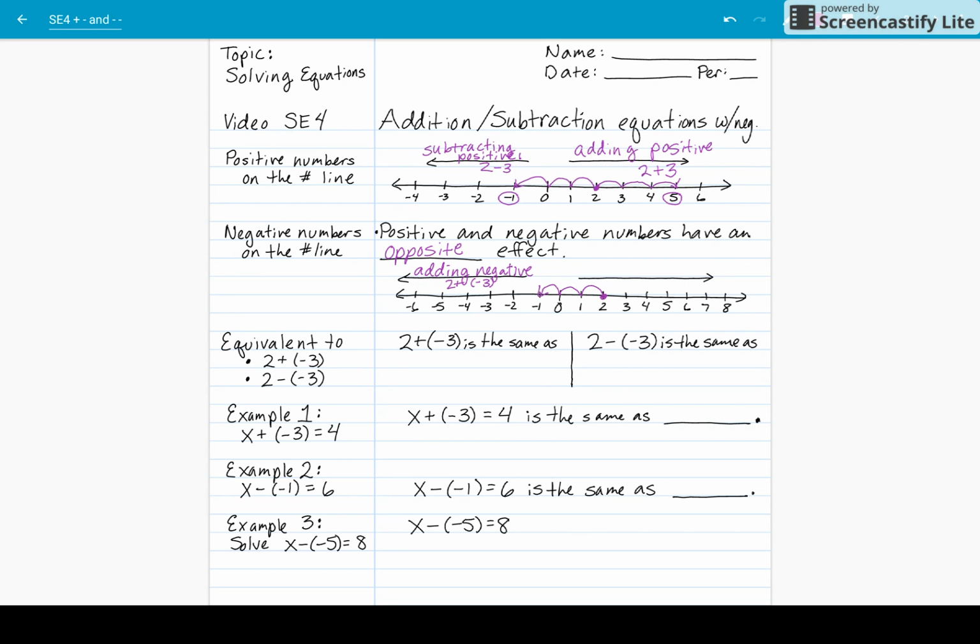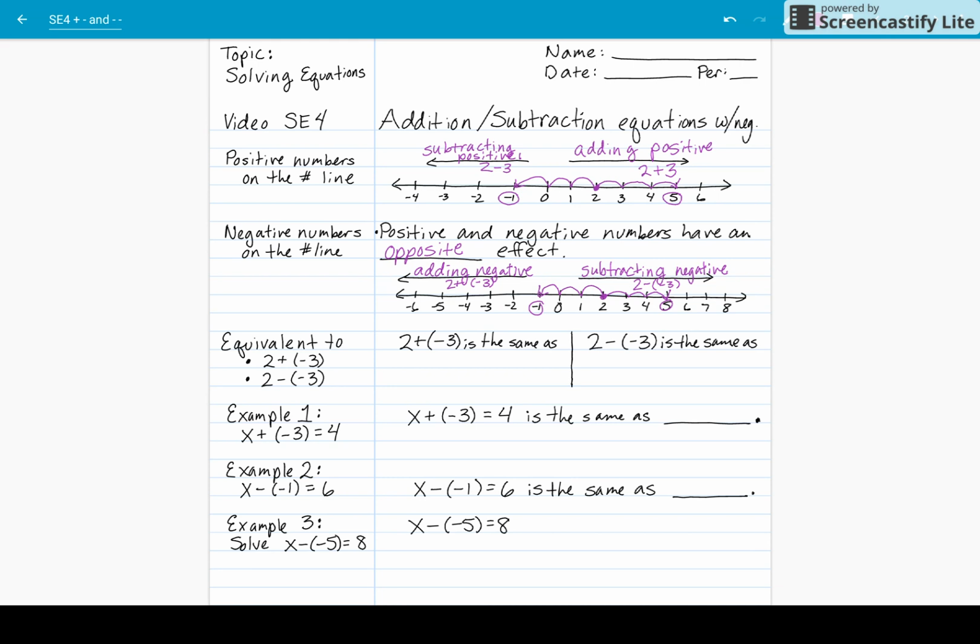If I am subtracting a negative, it becomes less negative, which is sort of like more positive. So what that looks like is 2 minus negative 3. And we move to the right 3 spaces, and we end up at 5, just like we did when we